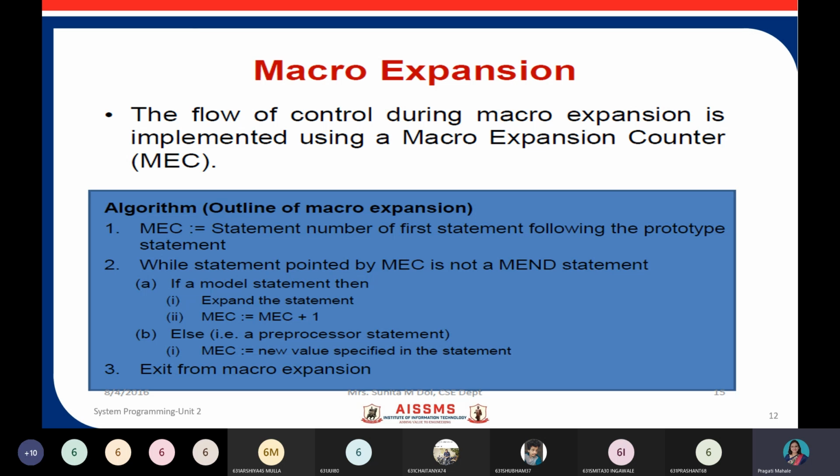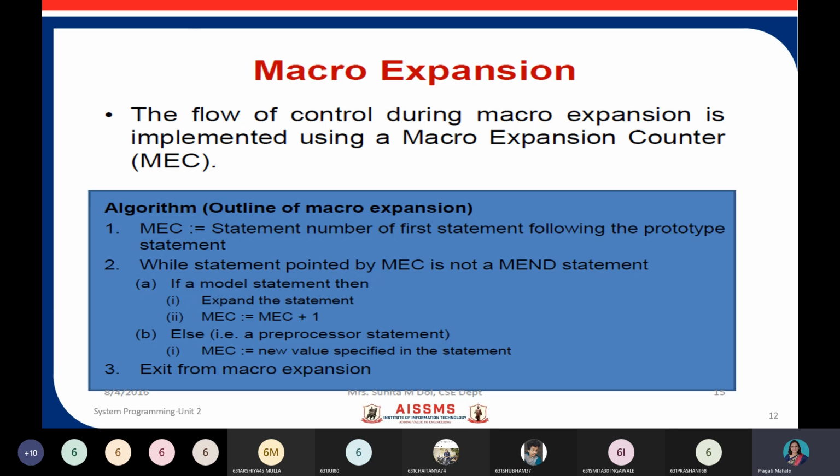Like we have a counter defined in a loop to increment after every pass, similarly we have this macro expansion counter, which can be used to control the flow in case of conditional expansion or expansion time loops. We can make use of this particular counter.